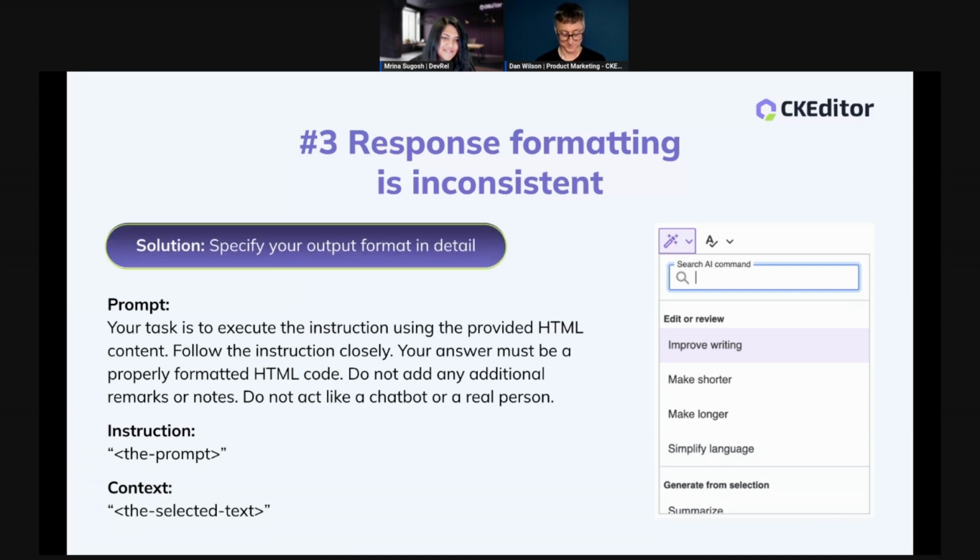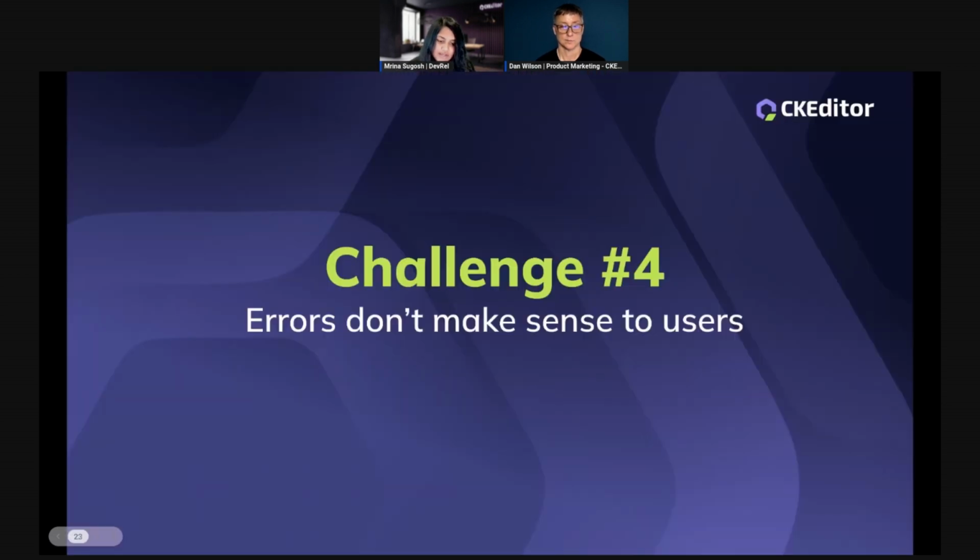All right. So the solution, if your response formatting is inconsistent for your users, specify your output format in detail and make sure you do it in every single prompt. That's why part of all of our prompts has this sort of precursor dictating what your chatbot can and cannot do. Now, the fourth big challenge that we don't see coming, especially as developers, is